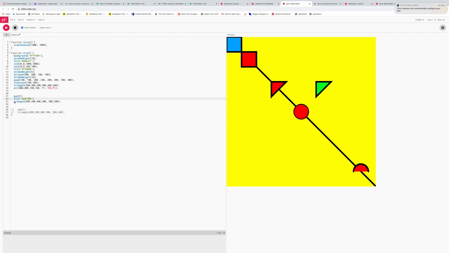And I've also said I want my triangle to move 500 pixels from the left, 200 pixels from the top. So I'm changing the coordinates of my triangle here. But I've pushed everything to the right by 300 pixels. And then if I want that same triangle to move yet again, but retain its original styling,